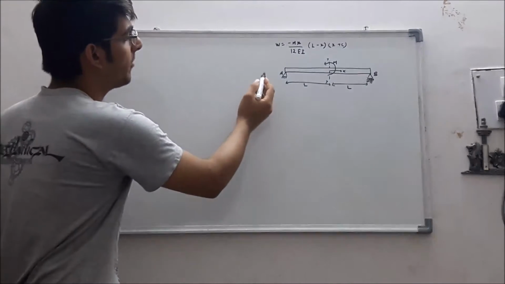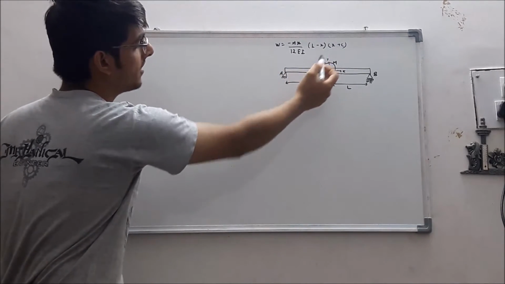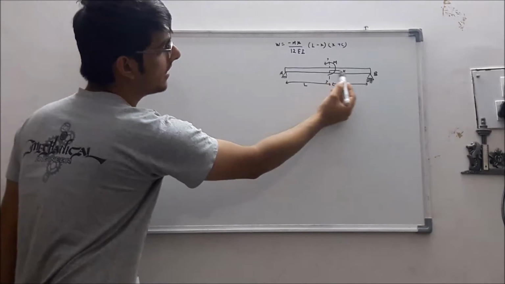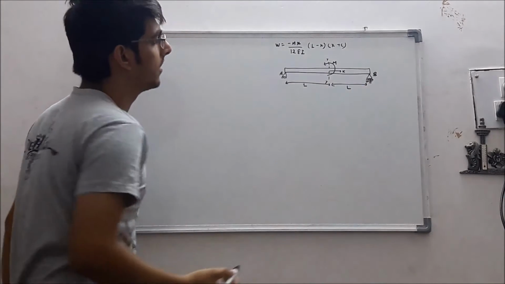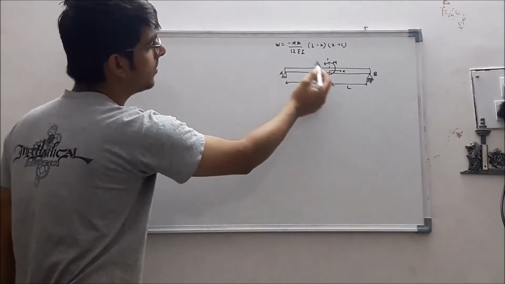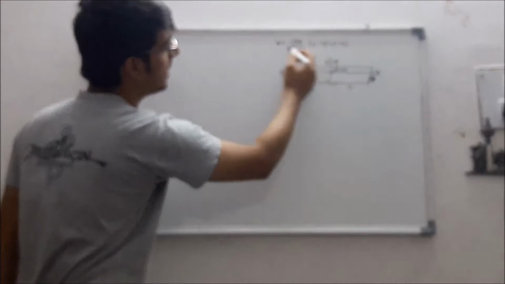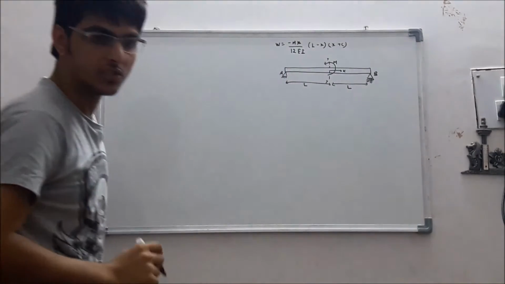So in this question we have been given an equation of deflection and a simply supported beam. x starts from the center, that is x equal to 0 is here and x equal to L is here. By putting x equal to 0 we can see that deflection becomes 0, and even at x equal to L the deflection is equal to 0.